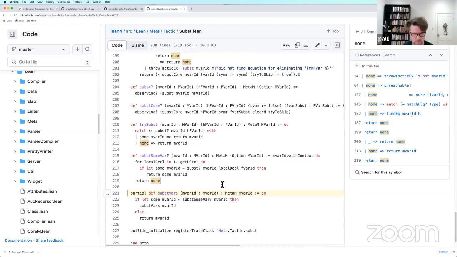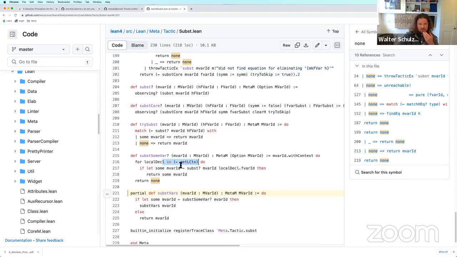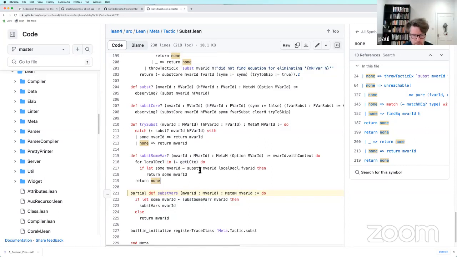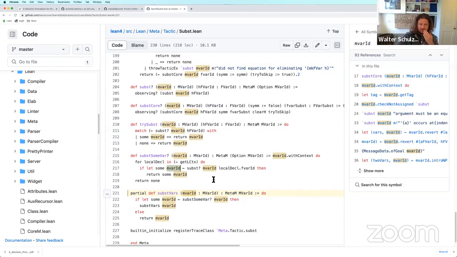On line 216? Oh, this, yeah. This goes through the context and substitutes the mvar for